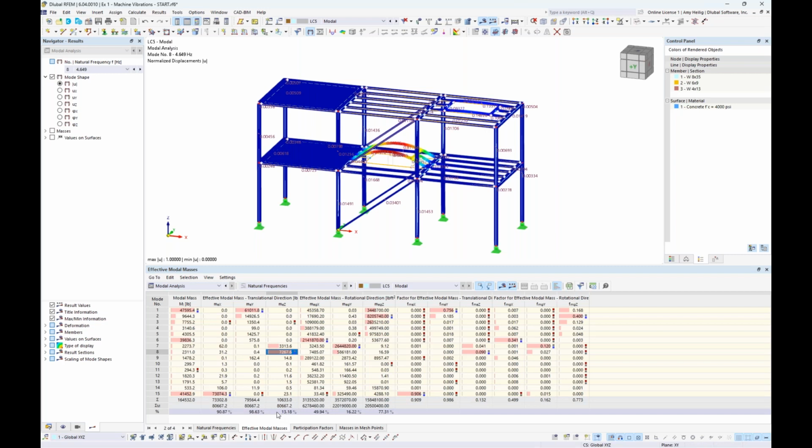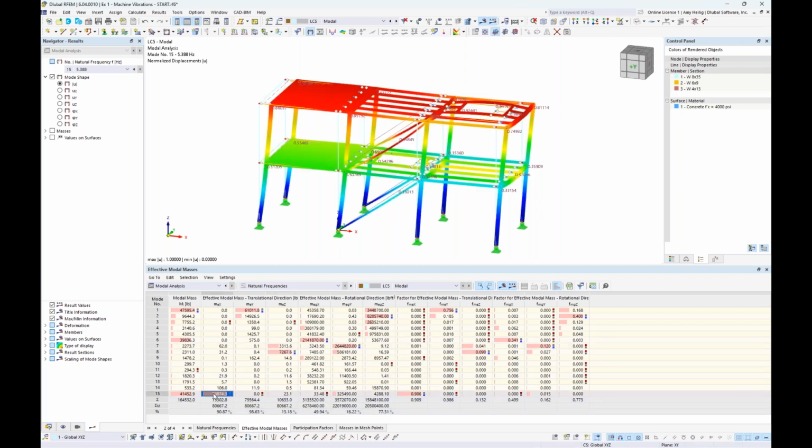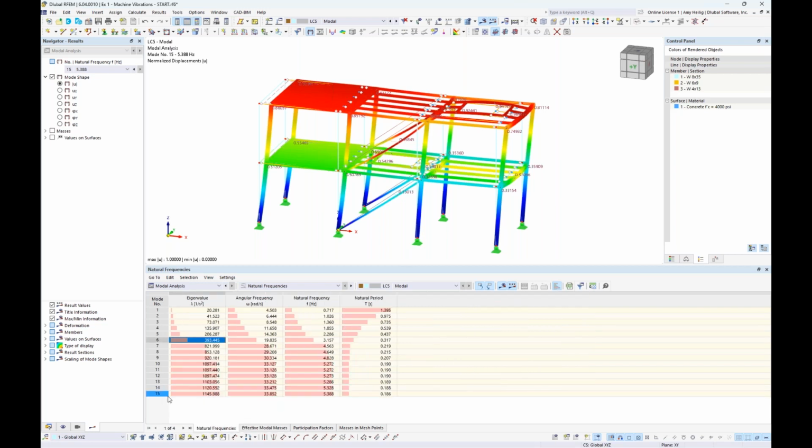Pretty relatively low mass participation though in this direction, of only 13%. And then finally, further down, mode shape number 15. So this is our dominant mode here in the X direction. We have a total mass participation of 90.87%. So keeping mode shape number 15 in mind, we go back to the natural frequencies tab, and what you'll